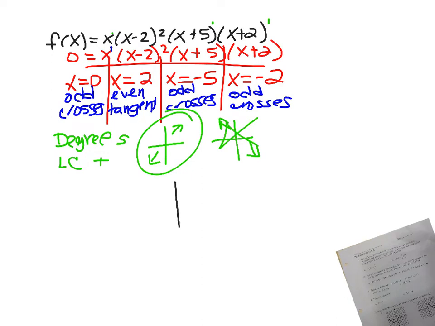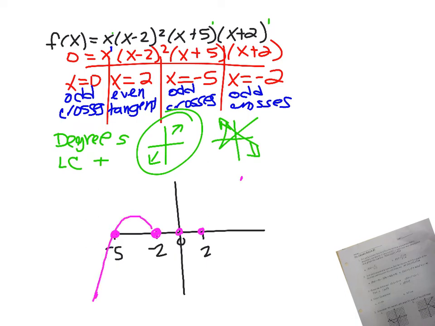Okay, so let's start graphing this. So I have -5, -2, 2, and 0. So plot your zeros. So I have a 0 here, here, here, and here. It's going to be down here and up here. All right, so I'm going to cross everywhere except at +2. It's going to be tangent. All right, so it's going to come up from the bottom, cross, cross, cross, and then be tangent and come